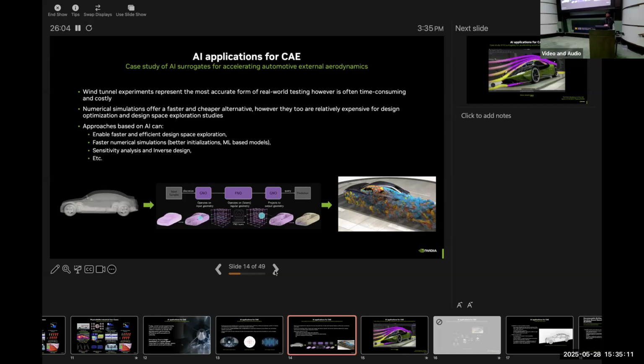You can inject these AI models into your numerical solvers in a variety of ways to speed up your numerical simulation pipeline. And having an AI model, which is typically fully differentiable, can enable you to do things like sensitivity analysis and inverse design. So these are some of the applications that will get opened up once you have an AI model trained for something like this.